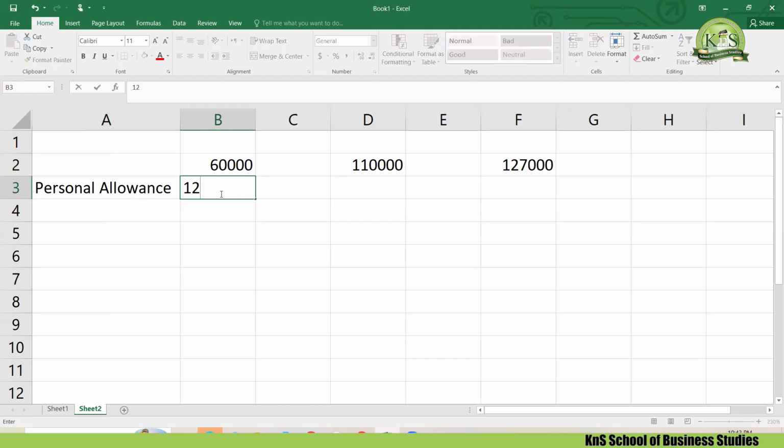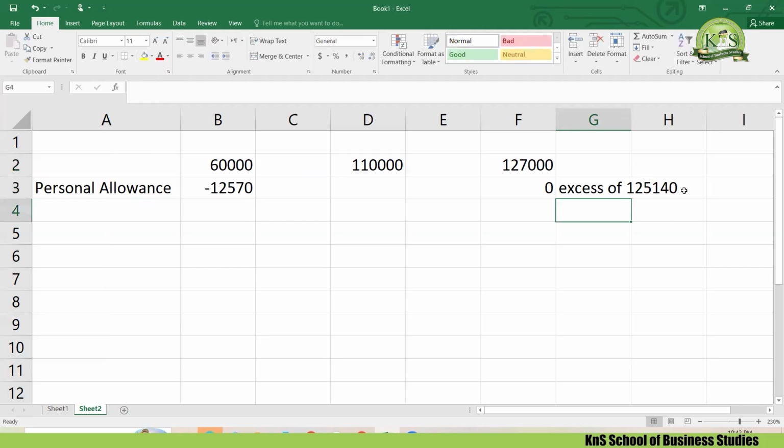Over here, you are going to get 12,570. Clear? Here, will you get 12,570? No. Over here, you will get 0. Why? Because of the excess of 1,215 volts. You need to mention this thing in your exam, so it will give you full marks.